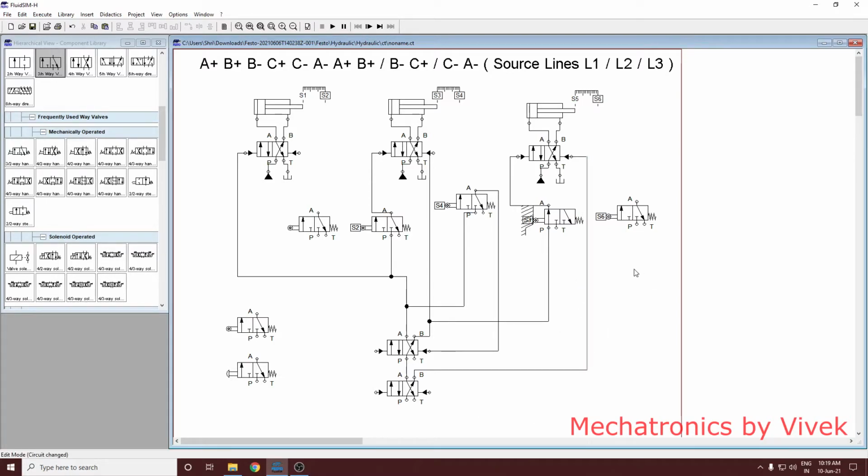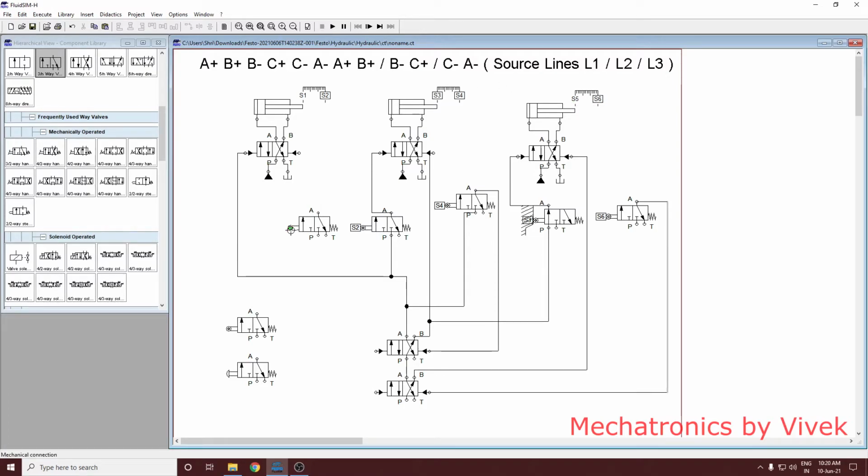Now this line you have to connect to the cascade valve, because for C minus and A minus, the power is through cascade valve and sensors. Okay, so this you are done with. Now what remains is, after C minus, S5 is getting true.